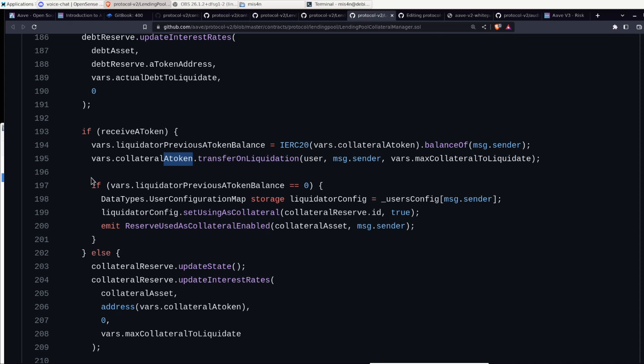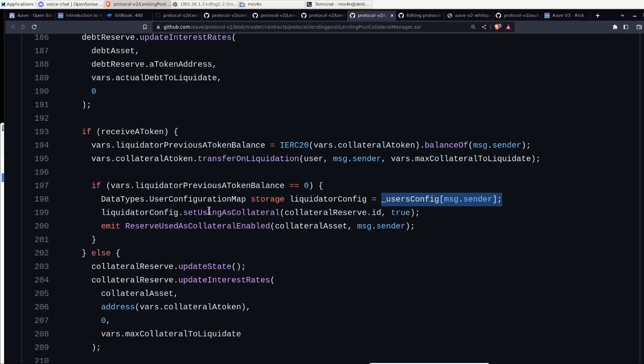Now, if the liquidator didn't have any tokens before, what we're going to do is create a new storage variable for his configuration. And then we're going to set using as collateral liquidation configuration.